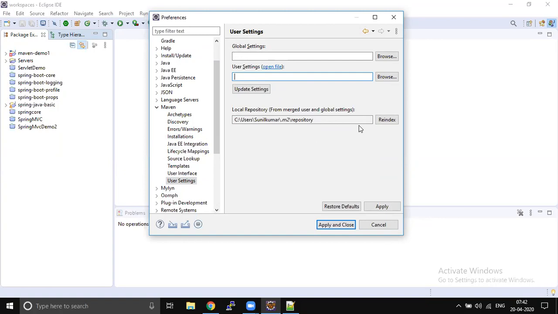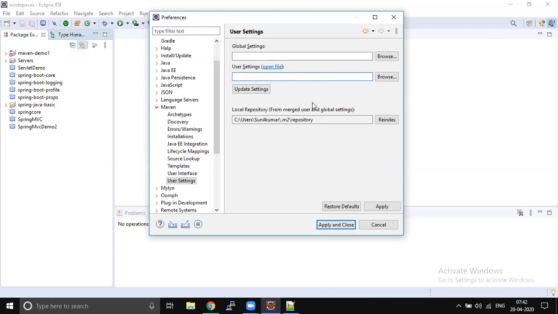But the change you make here will work only for the current workspace. If you switch to another workspace, the change won't be there in the new workspace. So whatever we do in this workspace will have an impact only on this particular workspace.